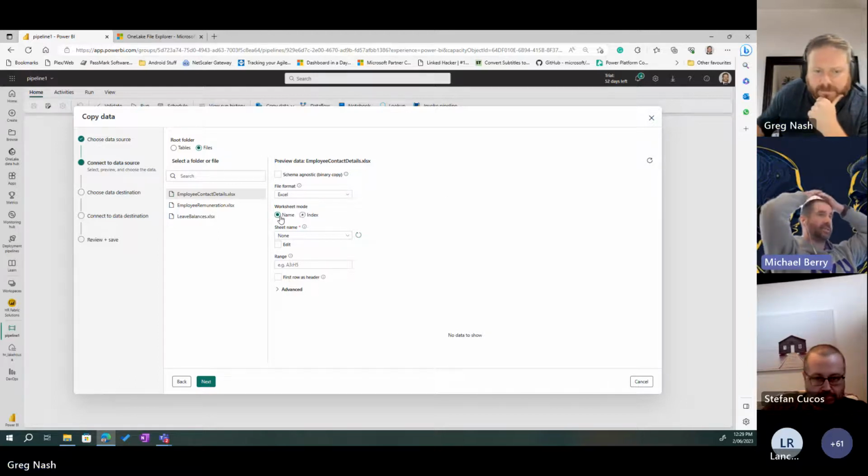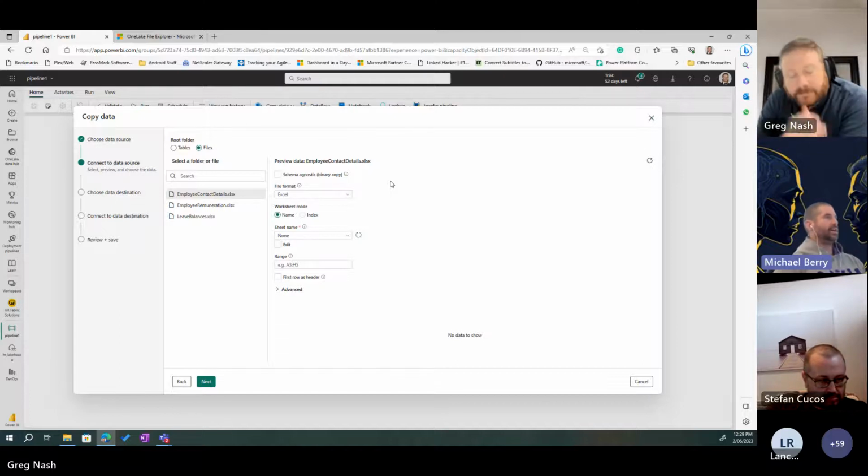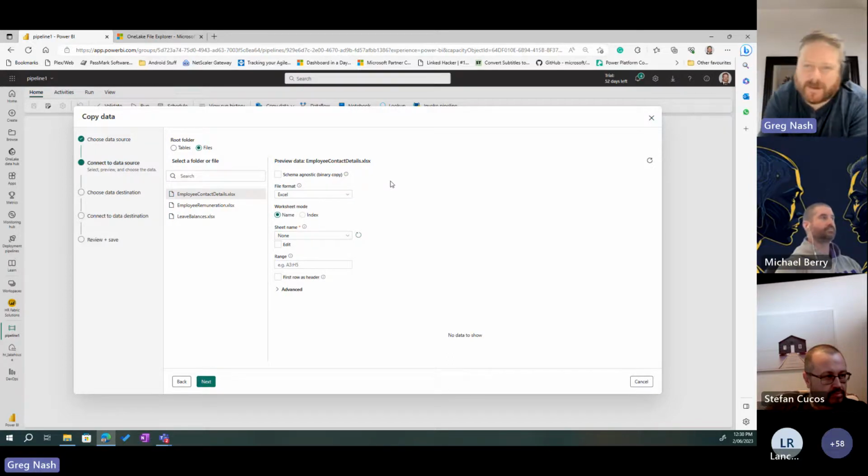The schema agnostic stuff is around new stuff in Delta, so it allows schema migration. It means that if you've got a changing data source, say you're going to be adding extra columns, or maybe the data types are changing, it doesn't enforce those schema rules and fail the pipeline if the schema changes. Yeah, of course. So you just make it a straight dump over the top. You can either enforce a schema or not depending on the file. So if this is an extract from a system that's never going to change, or if it changes, it's a big deal,